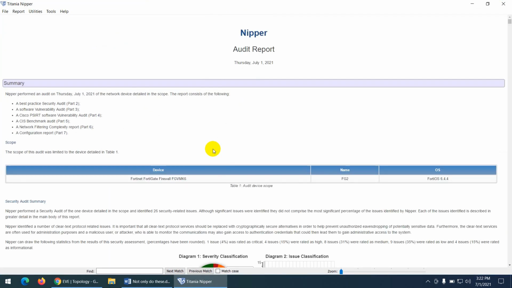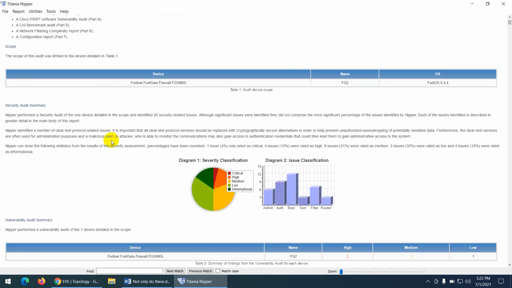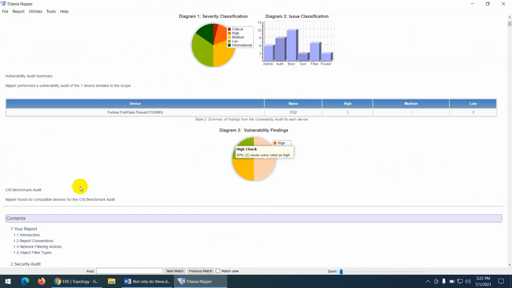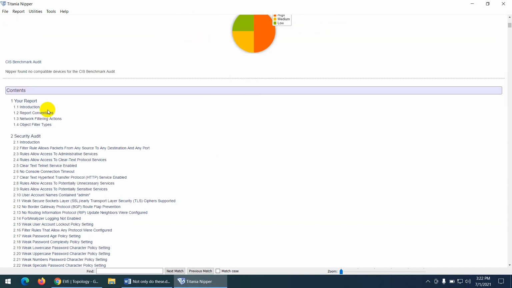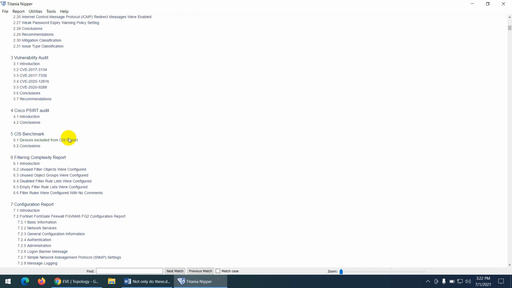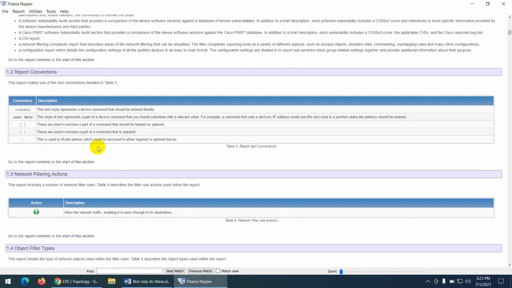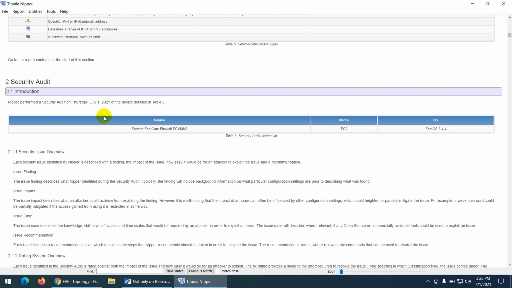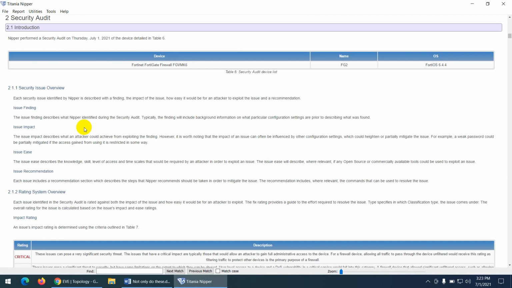Now let me make them bigger. So this is the Nipper audit report on this day. Okay, and see there are many. How many? 2 high and 1 medium, because it's only one firewall and few configurations. If it is a company one, there will be many vulnerabilities. This is the name, and this is the 40 device, and they give you a full list of everything. This is the report detail, and here is objects. If there is any object created, this is security audit.